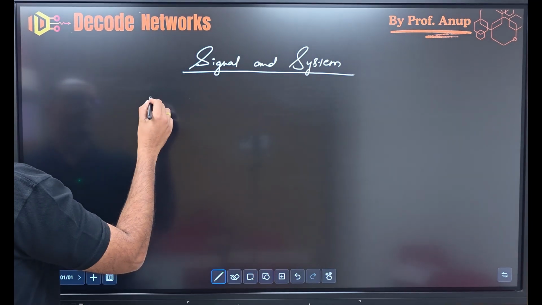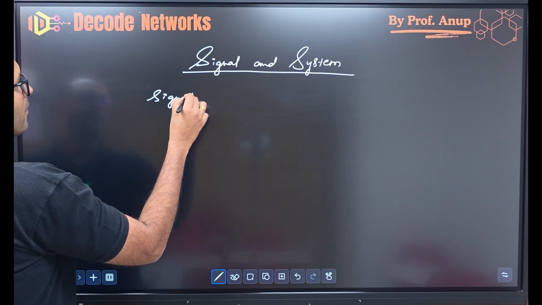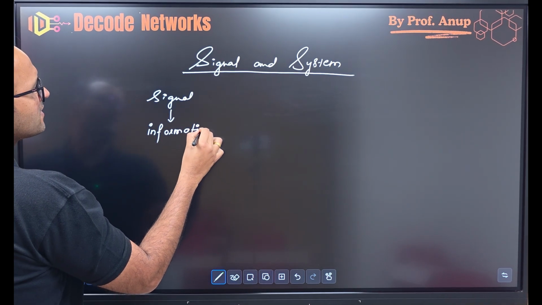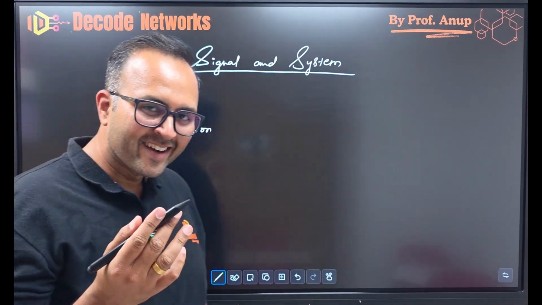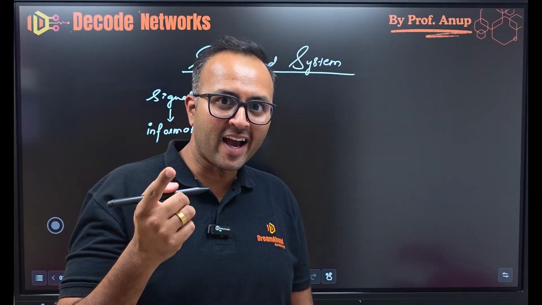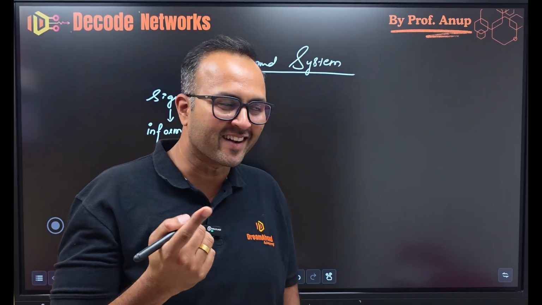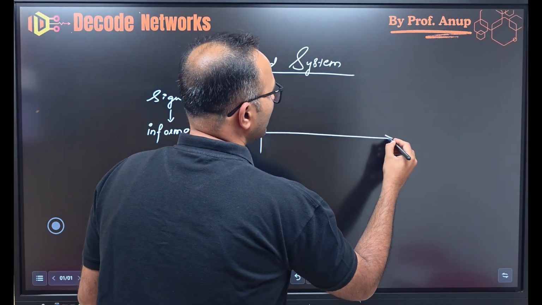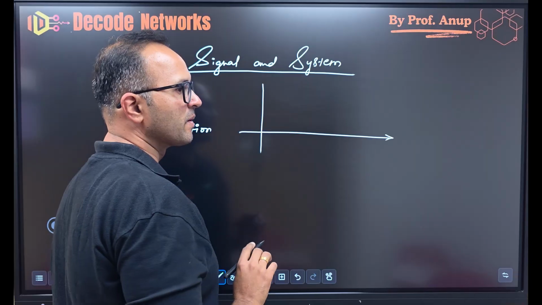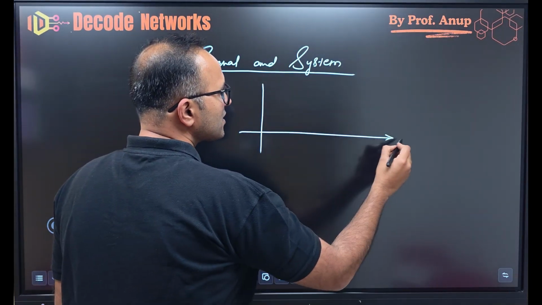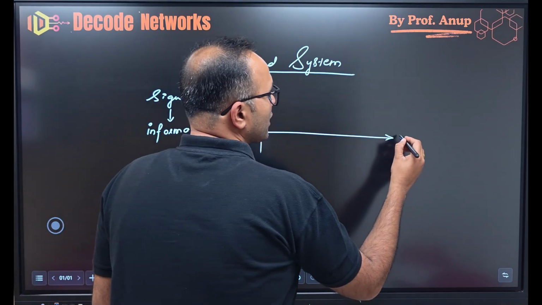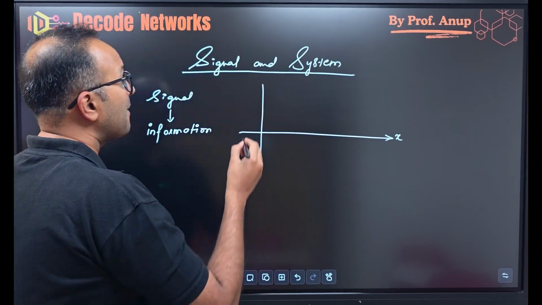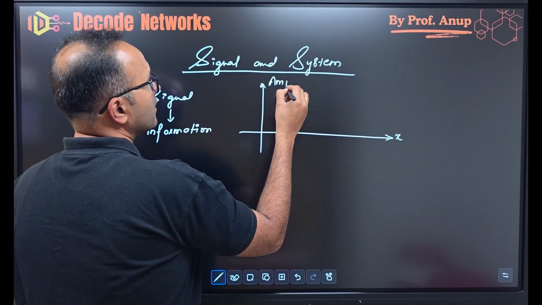So as I told you, when we say signal, that is information. Always a signal gives information. Now, if you think, a blink of a single eye is also a signal, right? It gives you a signal. Similarly, I say that signal is a quantity which changes with respect to the independent variable. You people know that the independent variable is always on the x-axis, right? That means you will be seeing the x-axis as the independent variable. With respect to that, your amplitude changes. This is the amplitude, right?